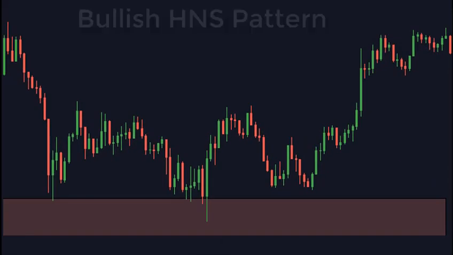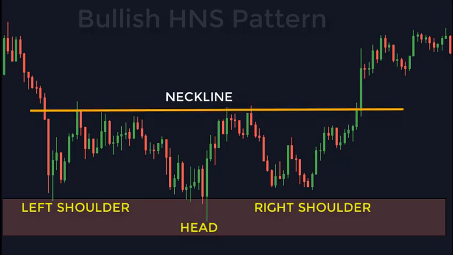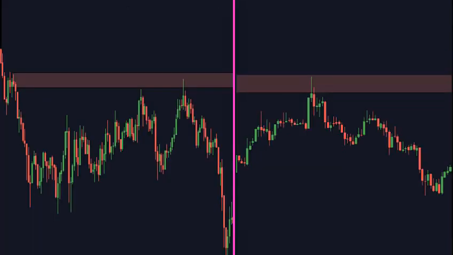So this is the lower time frame, which is the 5-minute. So here we have found a head and shoulder pattern. This is the left shoulder, this is the head, this is the right shoulder, this one is the neckline and here is a breakout. So we have to enter a long position after the closing of the breakout candle. So now we will see the next example.